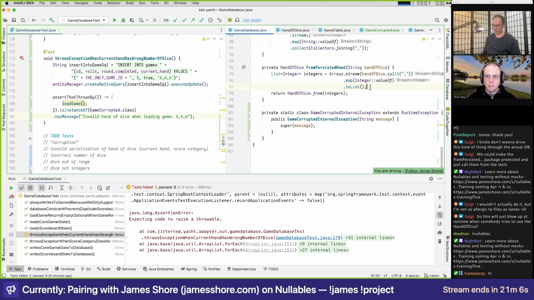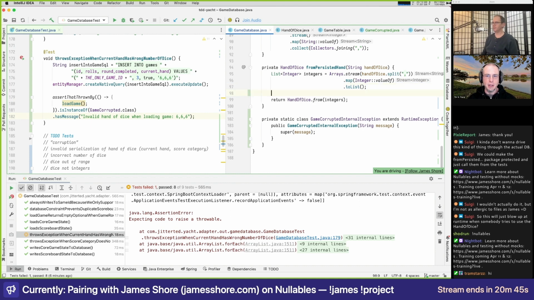I think what happened was we actually factored out hand of dice during some of our other work, and so we didn't do it quite as thoroughly as we would have if we weren't in the middle of something else. Well, hand of dice always existed. We just renamed it. When I originally factored it out, I didn't put in that invariant, because it never had bad data. It never could have had bad data because it wasn't getting anything from the outside world, for the most part.